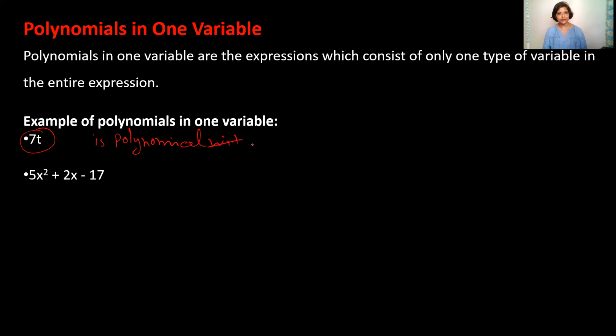in one variable, that is t. And here you have three terms in this polynomial expression, and the variable you are using is only x throughout the expression. So that is also a polynomial in one variable, and you can write yes, it is. If somebody is asking, is this expression a polynomial in one variable? You have to write: the expression 5x square plus 2x minus 17 is a polynomial in one variable,